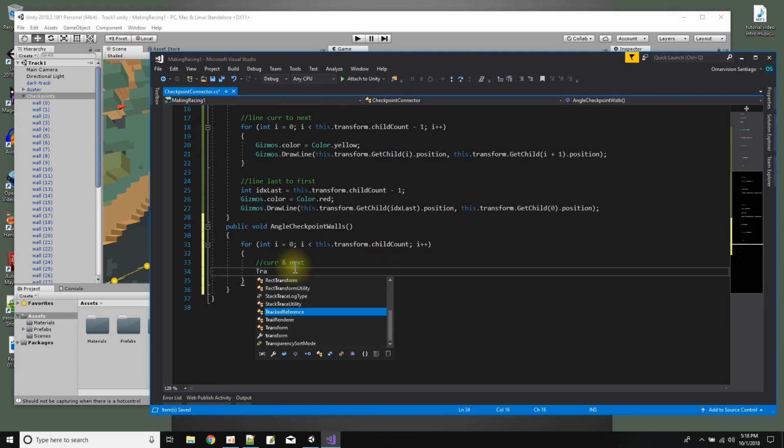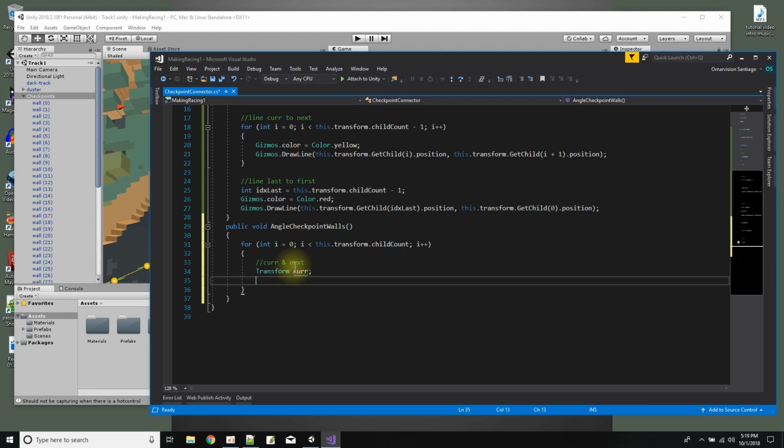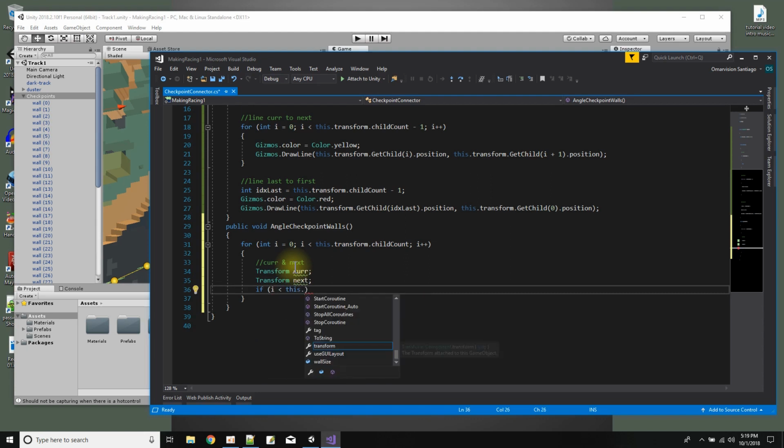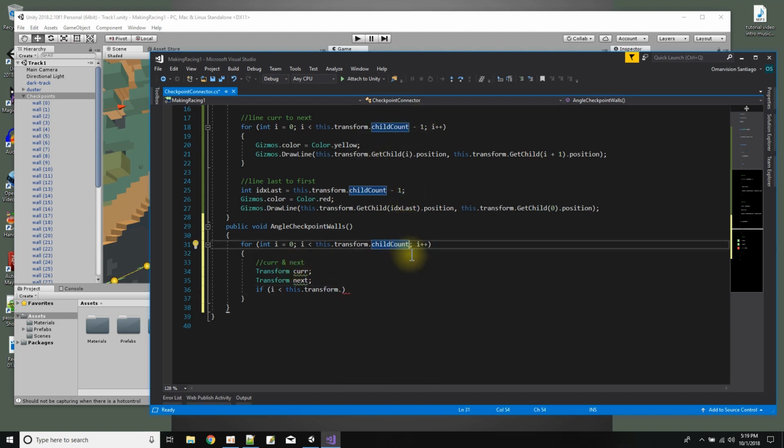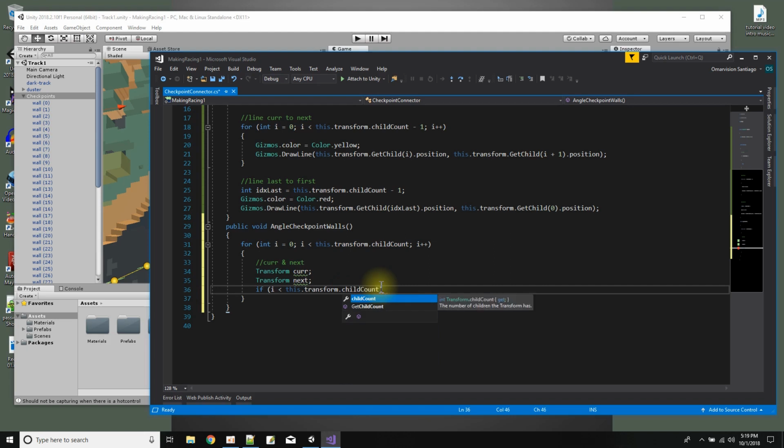So I'm going to get the value for the current when I find it and store it there. And I'm going to have a variable to store the next. So first I have to say if i is less than this.transform, oh, you know what? I could do a loop like I did over here. Go up to transform.childCount. So if i is less than the child count minus 1,